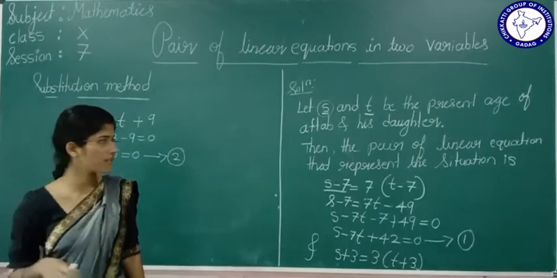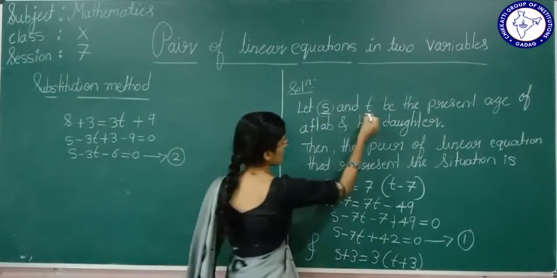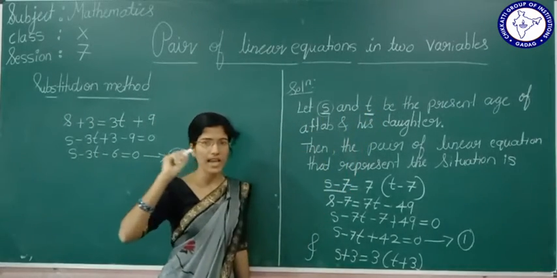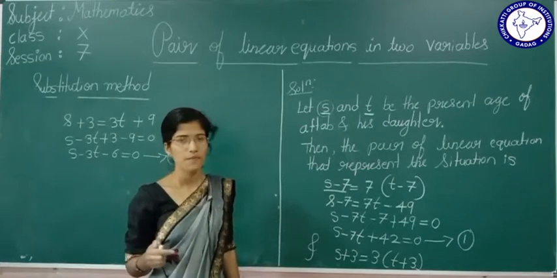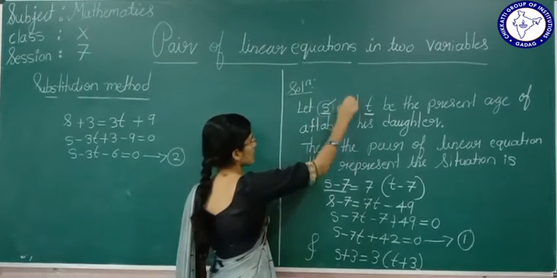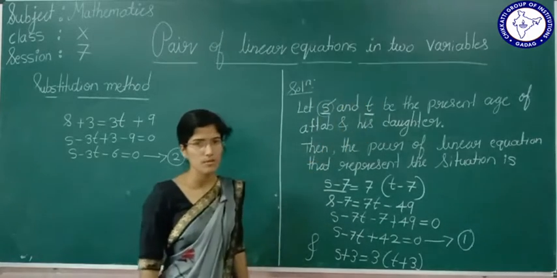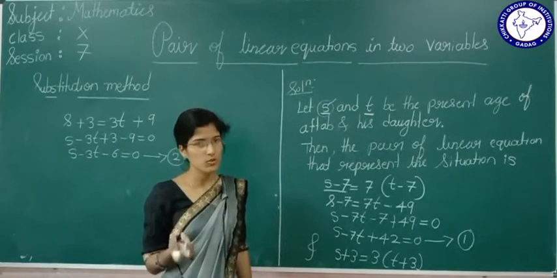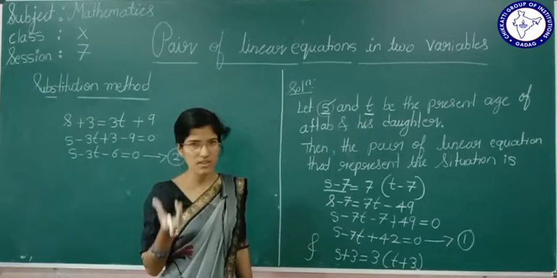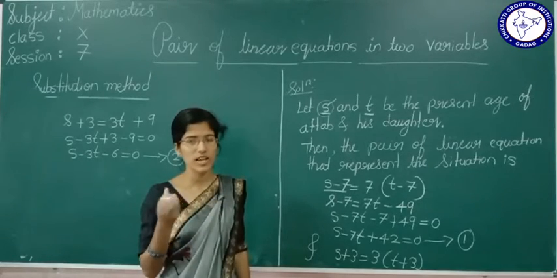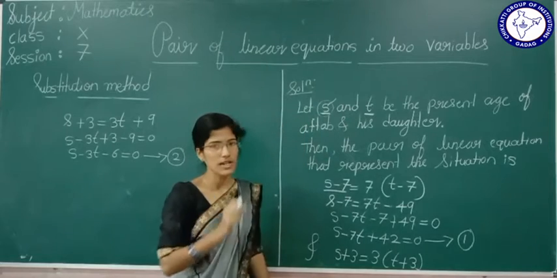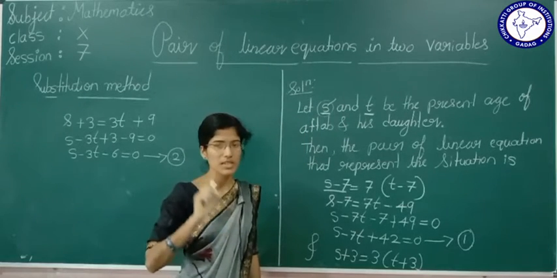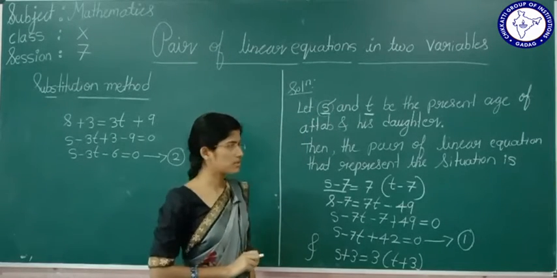Students, don't get confused. You can take here x and y also. You can take any alphabet here. Is it understood? This is called variable, right? You can take here any variable. Don't think that why I took S and T. You can take x and y also. You can take u, v also. Okay? But you have to write this in small letters. Variables we are going to represent in small letters.